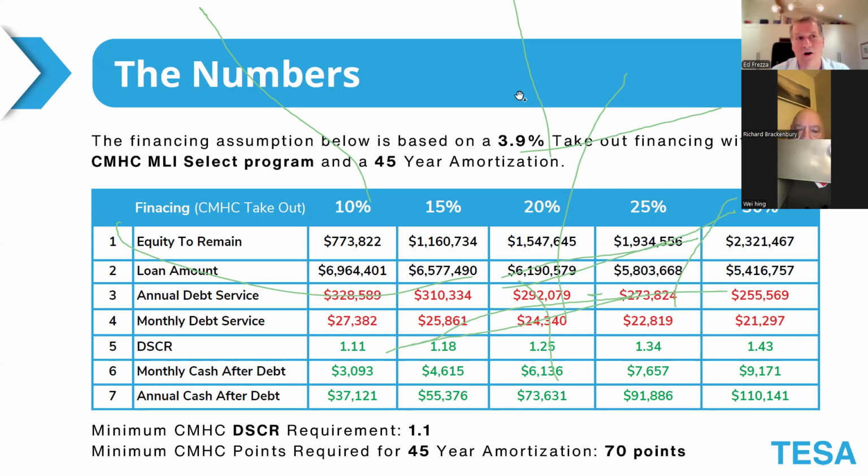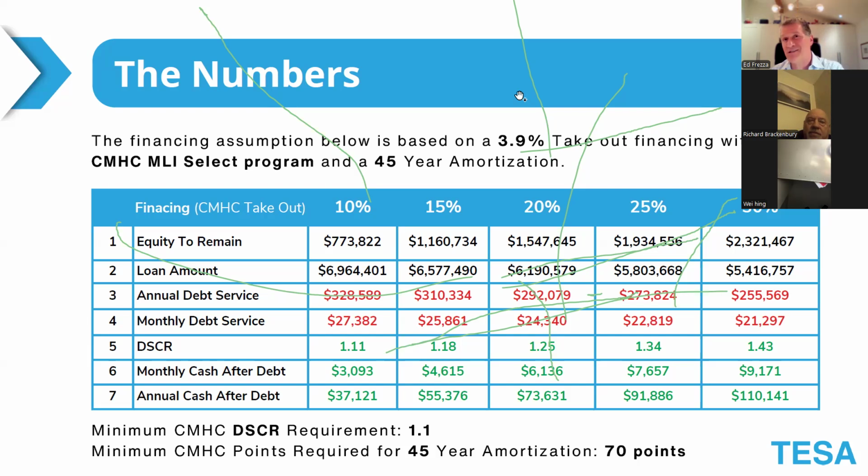Let me explain DCR. Debt coverage ratio or debt service coverage ratio is basically a simple formula that says, hey, for every dollar that you owe me in mortgage commitment, I want to see that you've got at least $1.10 in net NOI. And NOI, again, is net operating income. It's taking gross income, subtracting all expenses, and that's what you're left with before you have to service your debt.